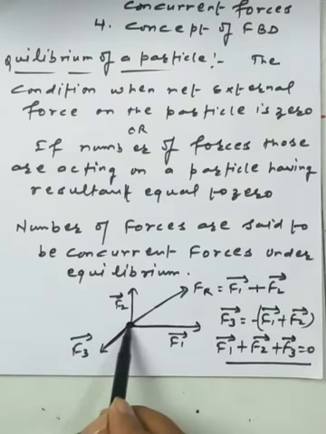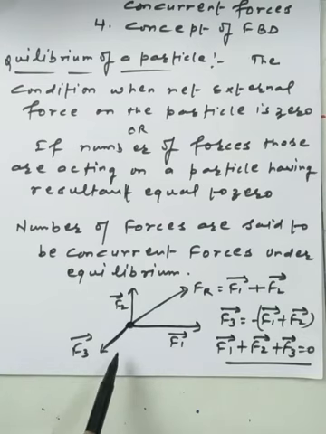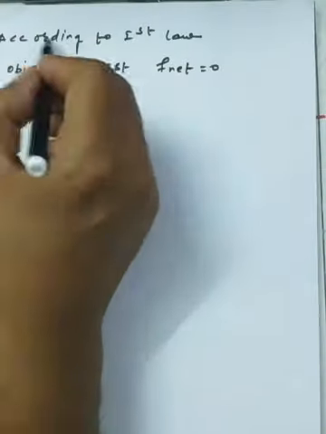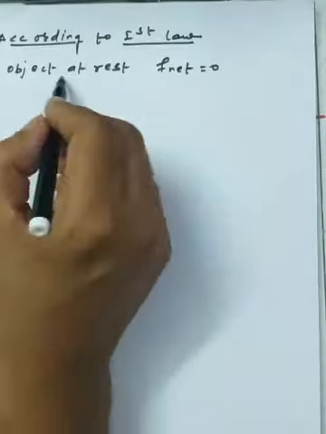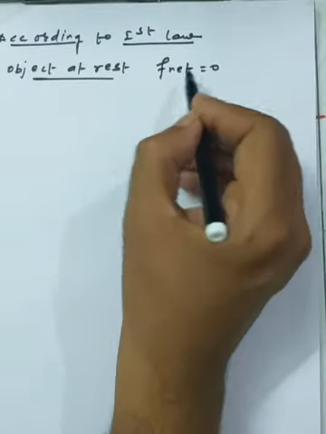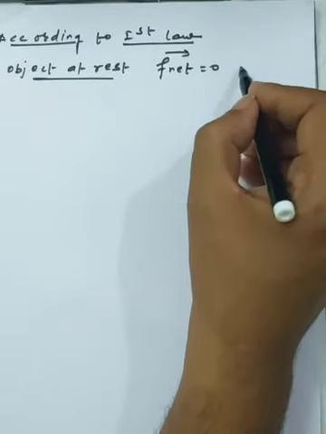At this time all the forces acting on a particle are called concurrent forces in equilibrium. Equilibrium means the net resultant of all the forces will be 0. According to the first law, this means that the particle is either at rest or in uniform motion. So we have two conditions: static equilibrium and dynamic or kinetic equilibrium. Using the concept of the first law, if the object is at rest, it shows that F net on the particle is 0. This is called static equilibrium.